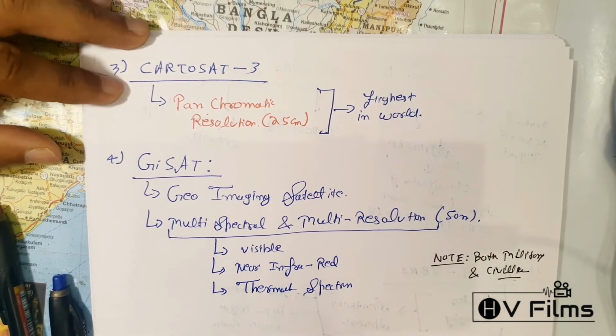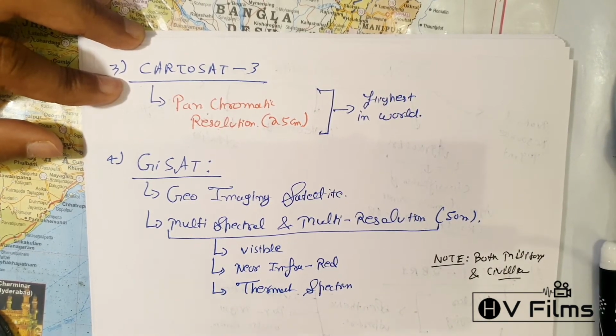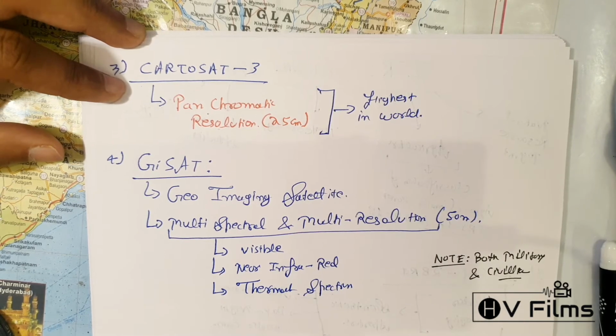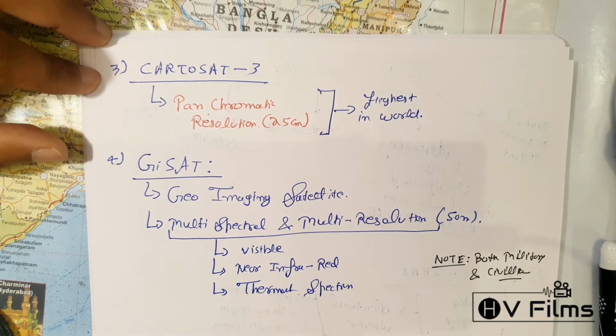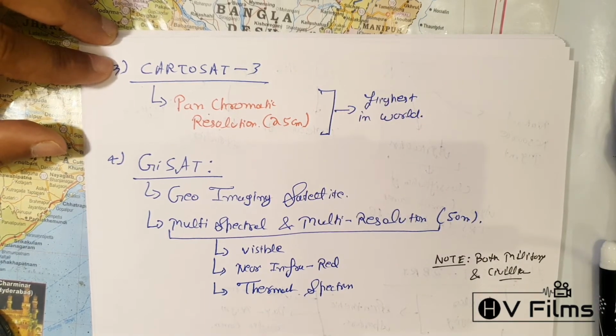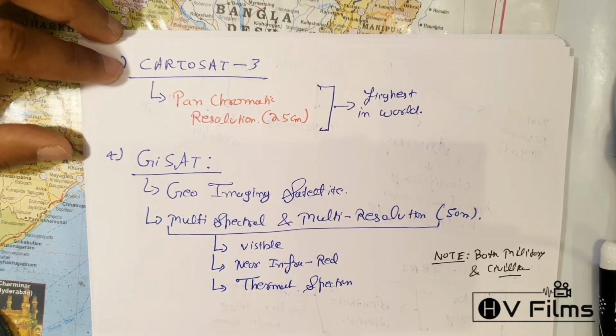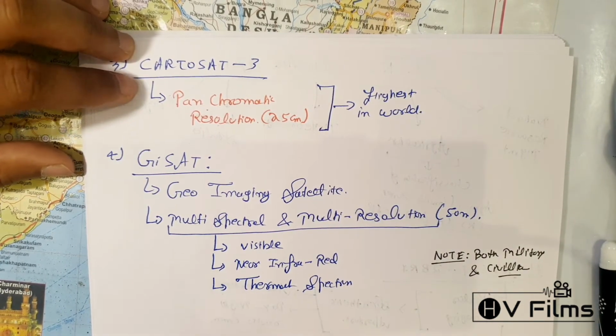Apart from that, the significance, as I already told you, is that it is different from the rest of the IRS satellites because it is not placed in the LEO. Now you're going to ask me, Himanshu, why have a few satellites been placed in the LEO and why are a few placed in the GEO, despite the fact that they are both IRS? Now the only point is that, suppose